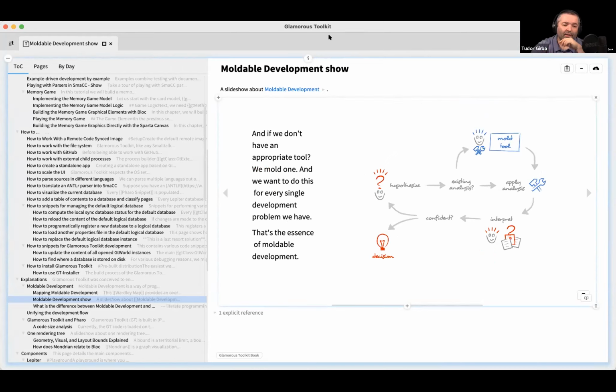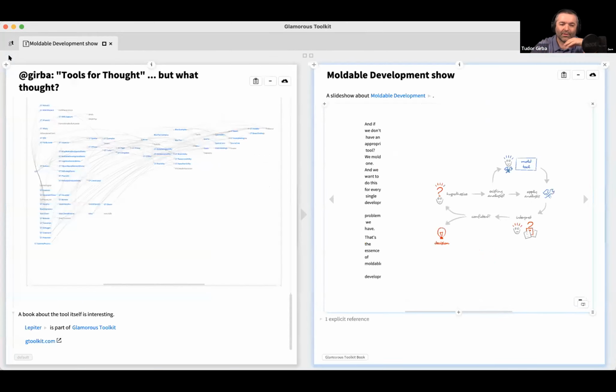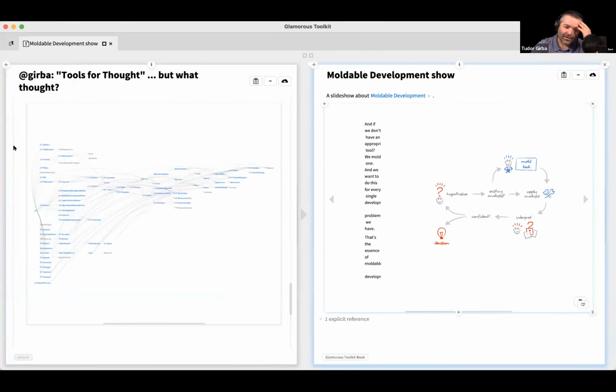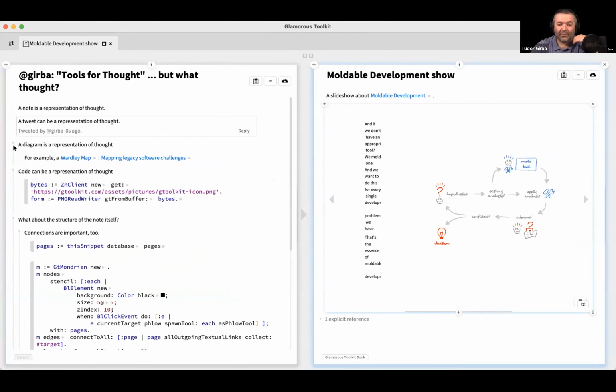Right. So Lepiter is, we'd say, a knowledge management system, but it's also a notebook system. It's also a multi-language editor at the same time, because we don't think that those are distinct things. We think that they are part of the same thing. And here you're seeing an experience, what you're seeing here on the left. This is literally the interface that we use to program the environment itself, or to reason about all sorts of other external systems or databases or external formats of various kinds. So that's what Glamorous Toolkit is.